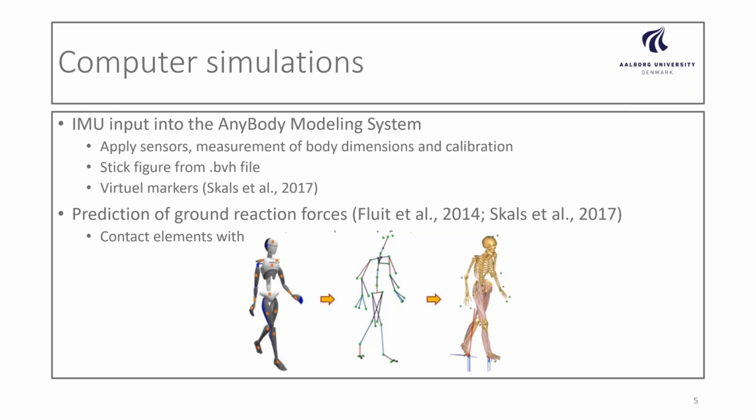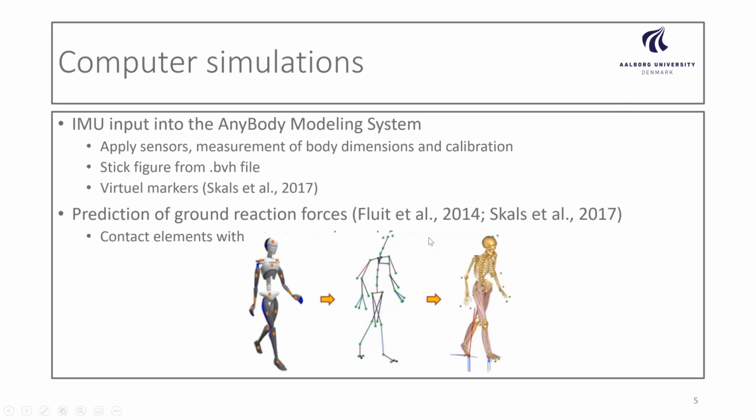After we did the measurements of the lifting tasks, so the symmetric, asymmetric, and so on, we used the reprocess HD function to get even smoother or better signals from the Xsens. After we reprocessed the data, we exported the BVH file, and based on this BVH file that contains all the motion data, we constructed this virtual stick figure in the AnyBody modeling system. And that's just being done by using the model in the repository. And after this,